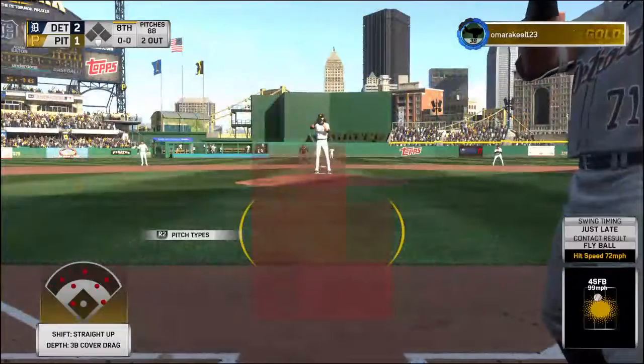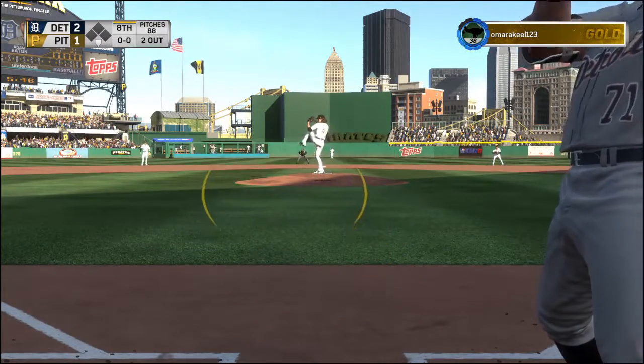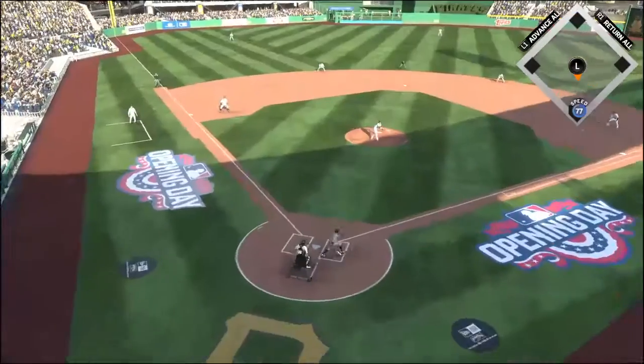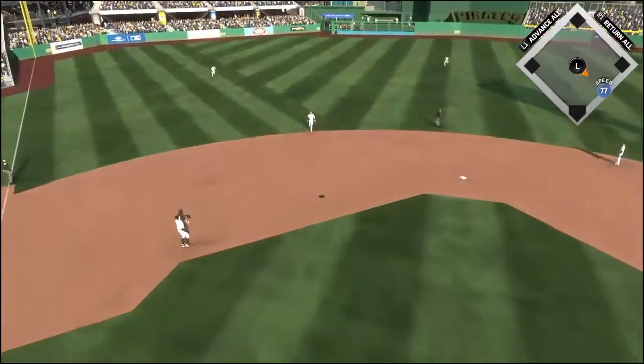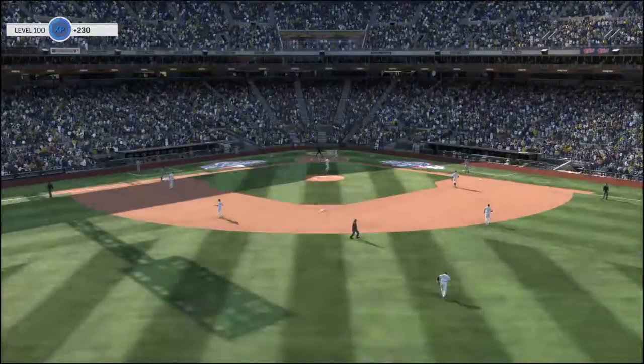Ready for another shot now. Adam Eaton. He's hitless in 3 at-bats to this point. Now a swing and a ball popped in the air back behind short. Story ranging into the outfield, and that's the...